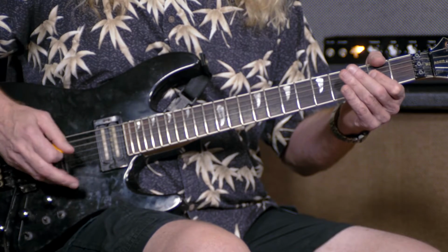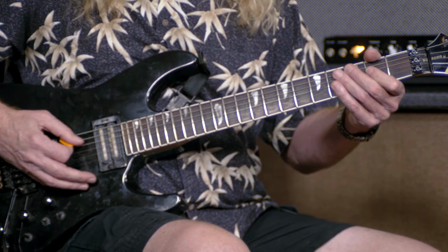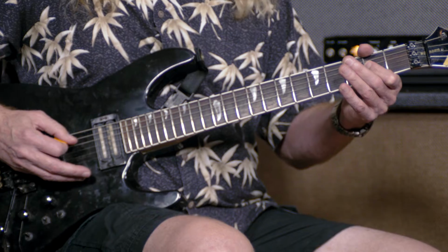So I'm going to show you a riff that I really love to play in a Dorian mode, coming up into that position. I'll play an A5 chord like this. Okay, and then I start the riff on the 5th string open, and then I go to the 3rd fret,